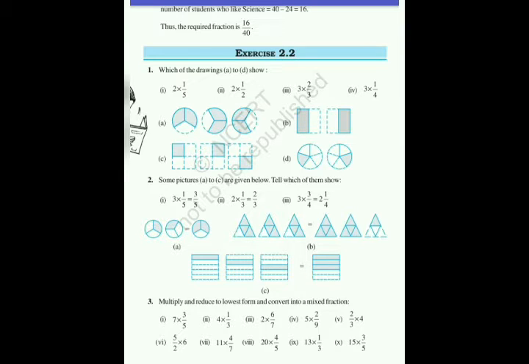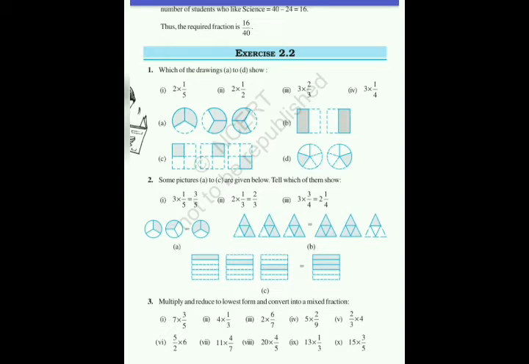Now we take our second example, B. Here the total portions are 2 and the shaded portion is 1, so we can represent our first figure as 1 by 2, and we also represent our second figure as 1 by 2. So we can write 1 by 2 as 2 times. So our answer becomes 2 times 1 by 2, 2 of 1 by 2. 2 multiplied by 1 by 2 is the answer for B.